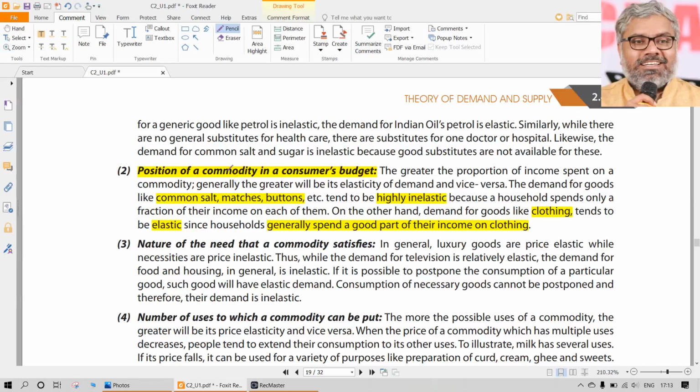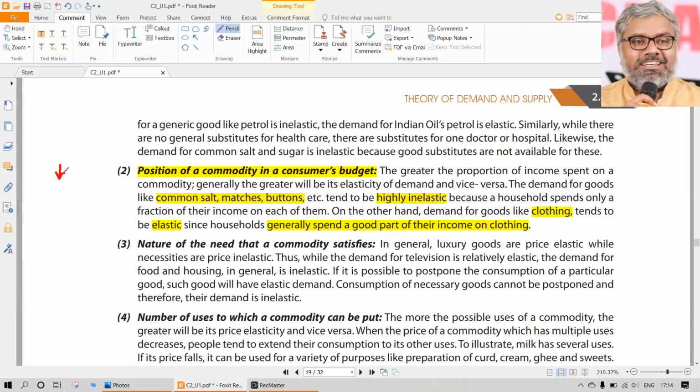Why? Once again, it is because the position of the commodity in a consumer's budget in that case also is very high, because monthly EMIs you have to pay. If at all you buy a house by taking a loan, that EMI plays a very big role in a consumer's monthly budget. So how does that EMI get reduced? Only by reduction in interest rates. If interest rates get reduced, EMIs get reduced. If EMIs get reduced, the number of customers who can afford that expenditure in a monthly budget will increase. So naturally those all will go for purchasing new house properties.